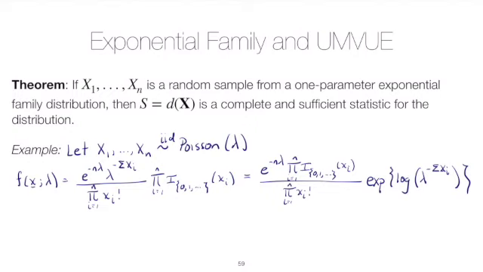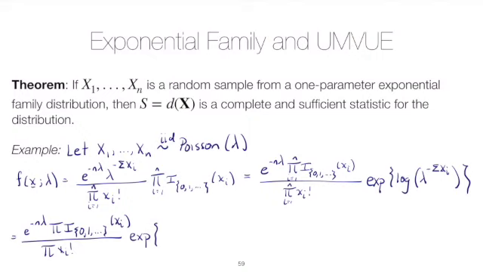Well, we can use the law of logs to break this apart, and so we'll have that whole first term, e to the negative n lambda times the product of the indicators over our product of xi factorial, and then we'll have